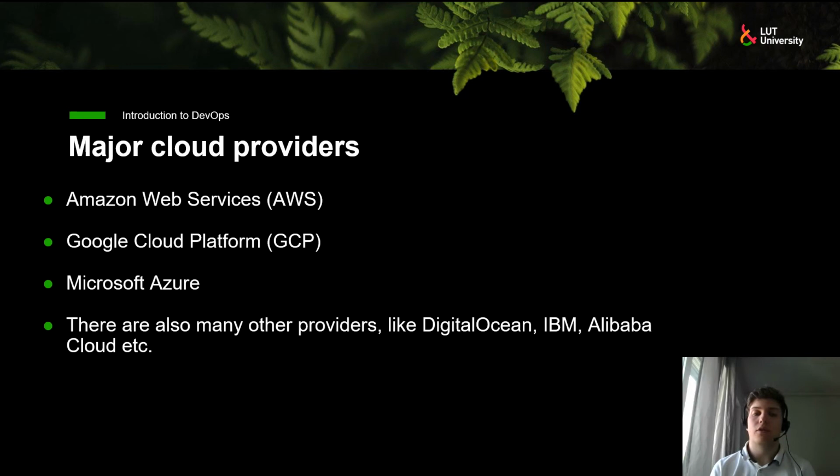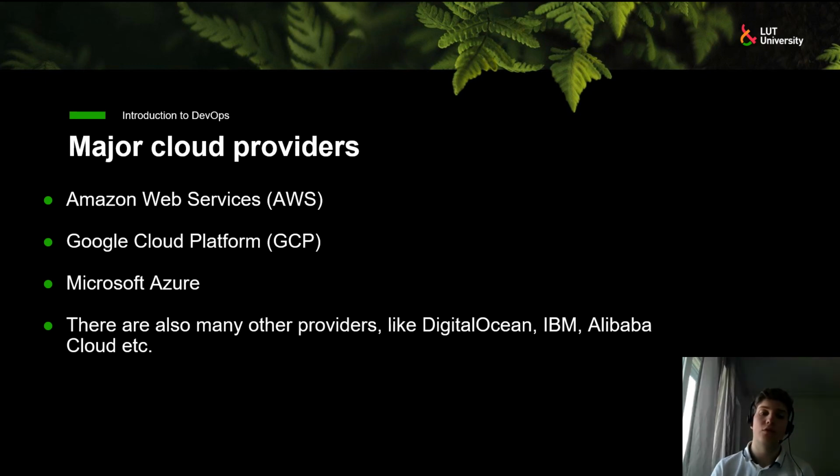So here are the three biggest cloud providers. First of all, Amazon Web Services, AWS, then Google Cloud Platform, GCP, and finally Microsoft Azure. I think Amazon Web Services is the biggest one right now, but all three of these have a really large set of services and products that can be used.